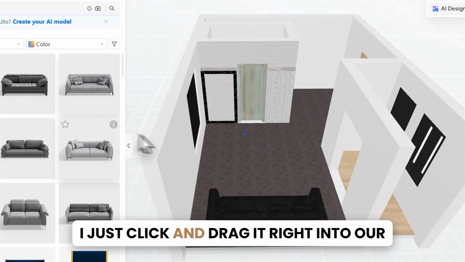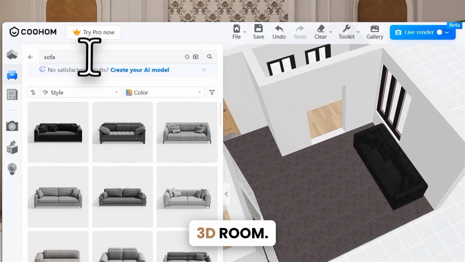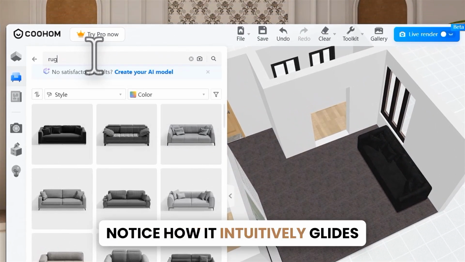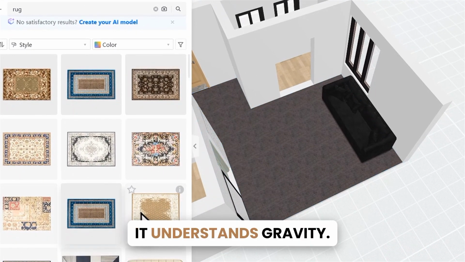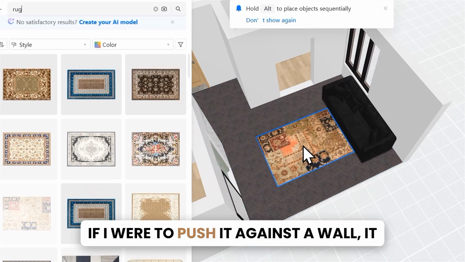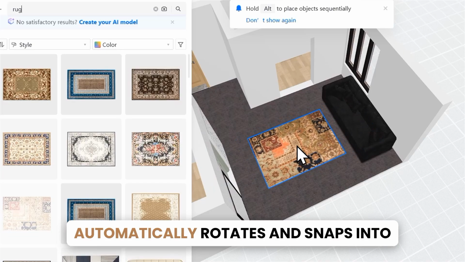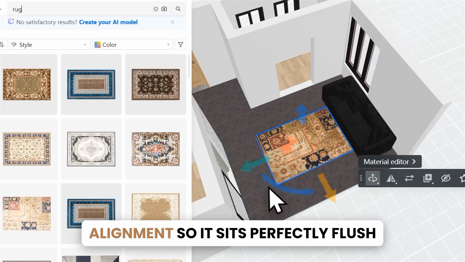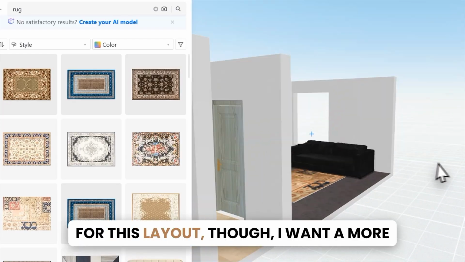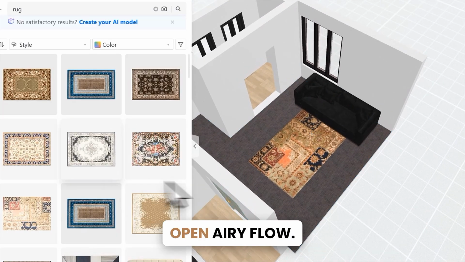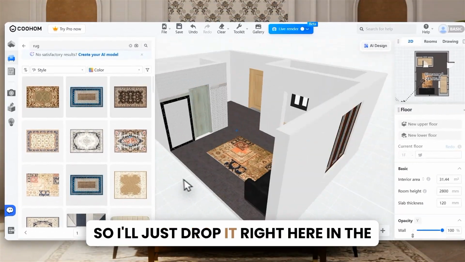I just click and drag it right into our 3D room. Notice how it intuitively glides perfectly along the floor plane. It understands gravity. If I were to push it against a wall, it automatically rotates and snaps into alignment so it sits perfectly flush against the baseboards. For this layout though, I want a more open, airy flow, so I'll just drop it right here in the